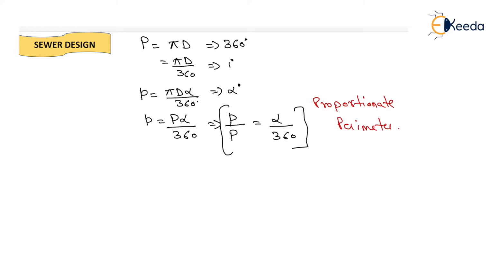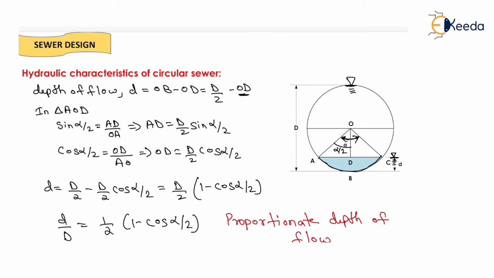Okay, now we will go for the determination of capital area A, that will be equal to pi D square by 4. Now this is for the complete 360 degree angle. Now if we want to find the area for 1 degree angle, then it will be equal to pi D square upon 4 into 360. Now we need to find the area for the small depth of flow. So we find the area for the alpha degree. Okay, now for the alpha degree, what will be the area? It will be the complete area like this. But we need to find this blue area for the small depth of flow.